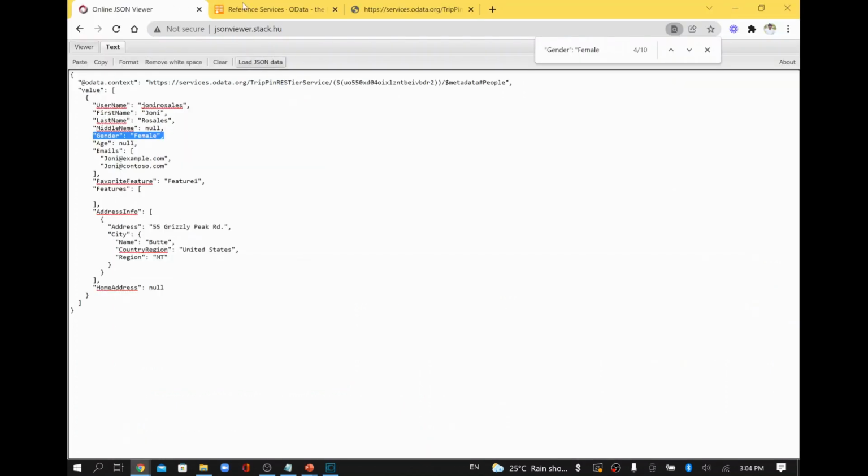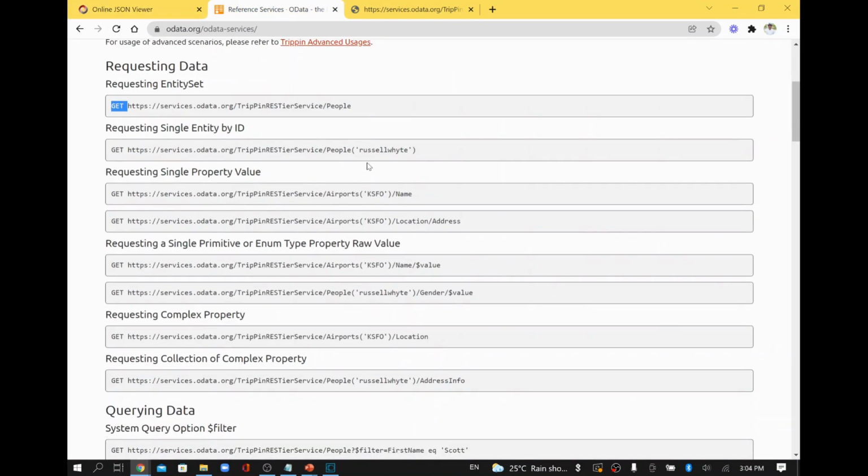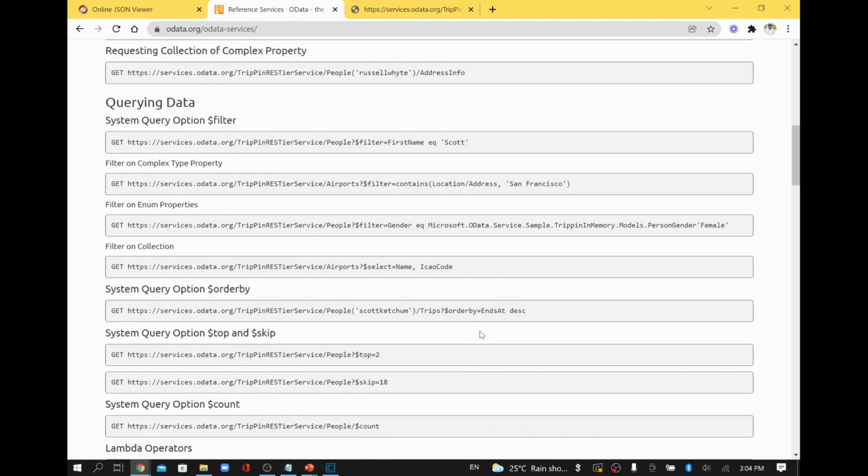Even if you come to these reference services, initially we tried this one which gave 20 results, and now what we are trying is this kind of syntax. After the query parameter, we don't need to pass this question mark, because we are already passing the relevant information starting from the argument.